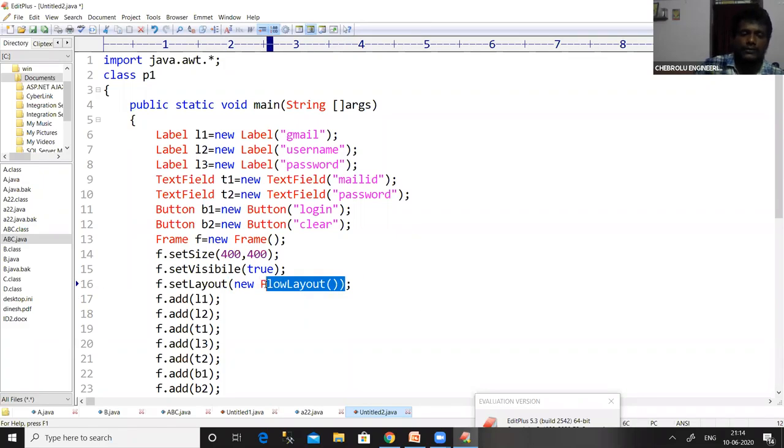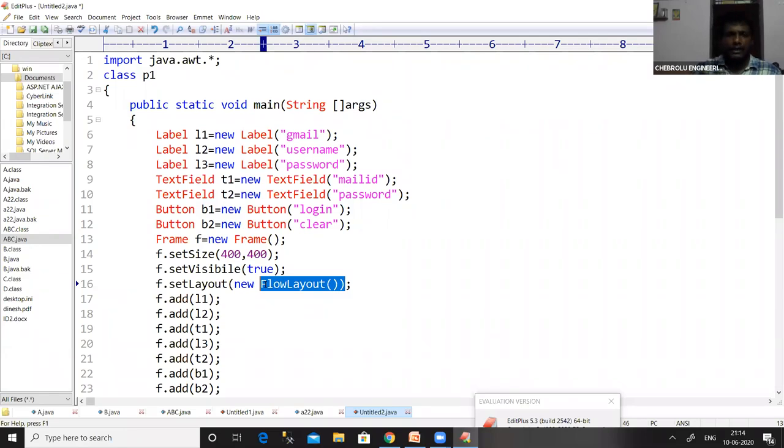As we all know, this FlowLayout will arrange the components automatically. The first component which was added to that container will be added at the top left corner, and the second component will be added beside the first component if the size is okay, and if the size is not okay, it will be added in the next line. And if the third component fits in the second line, it will be added there. If it does not fit in the second line, it will automatically be added to the third line. So depending upon the size of the container, that is the size of the output screen, and the size of the component, these components will be automatically added to the container.